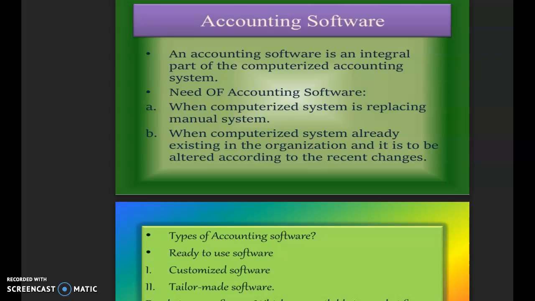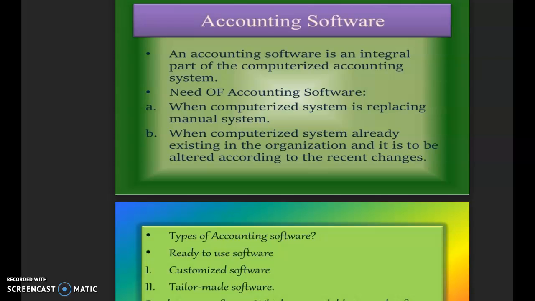Secondly, what is the need of accounting software, why is accounting software needed when the computerized system replaces the manual system? As soon as an organization or an entity switches over from the manual accounting system to the computerized accounting system, it needs the software for updation of this. And then when a computerized system already exists in the organization, it has to be altered according to the recent changes. What it means is that